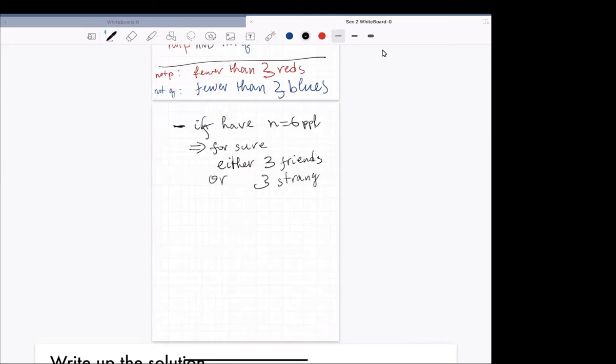I'm just simply rewriting what we found. Nothing new here. But the reason I rewrote this, and I'm answering your question slowly, is that this number has a name. It's called Ramsey's number, sometimes denoted R33, is 6, the smallest number that guarantees or ensures 3 strangers or 3 friends. That's the definition of Ramsey number R33.